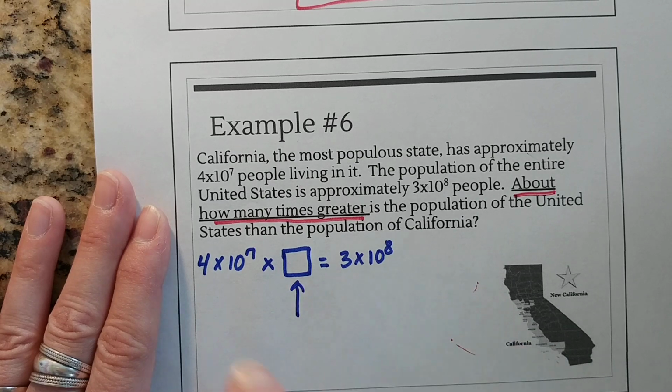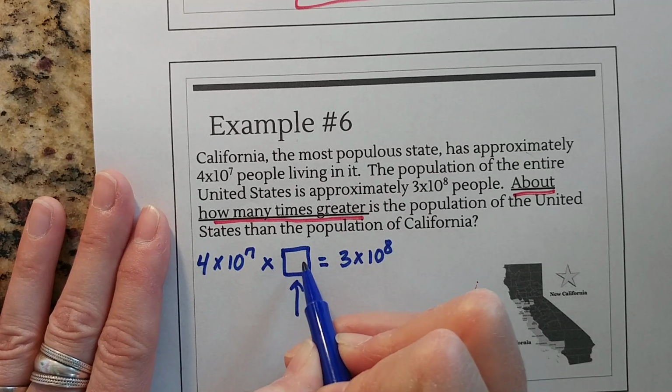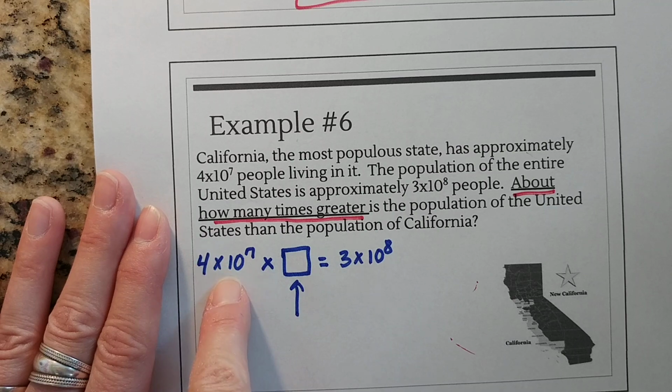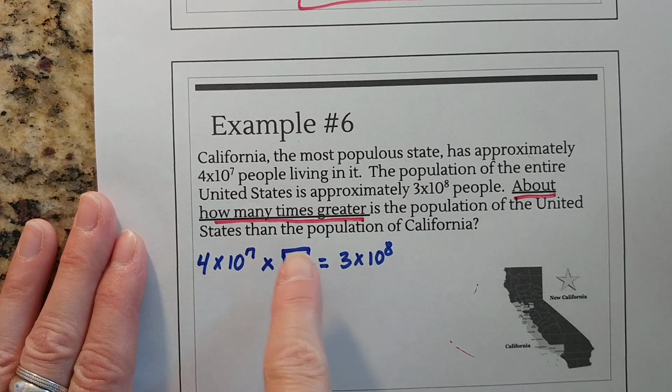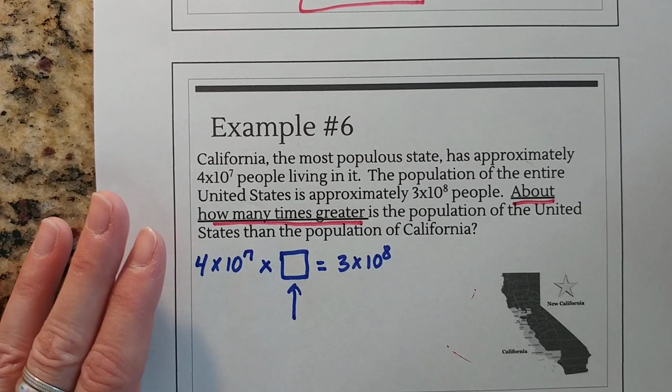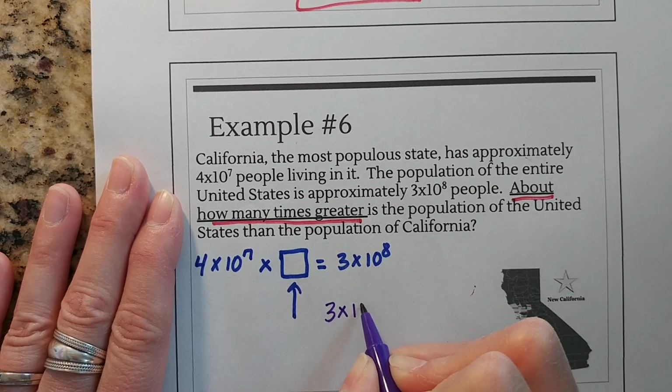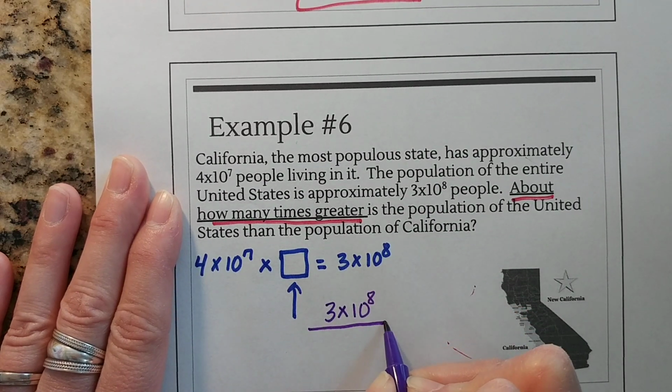How many times bigger? Is it going to be 5 times bigger, 10 times bigger, 20 times bigger? Do you see, in order to get this number, I'd have to take the entire U.S. population and divide it by California's population to see what this number is going to be. So let's do that. Let's take the bigger number, the entire population of the U.S., and divide it by the